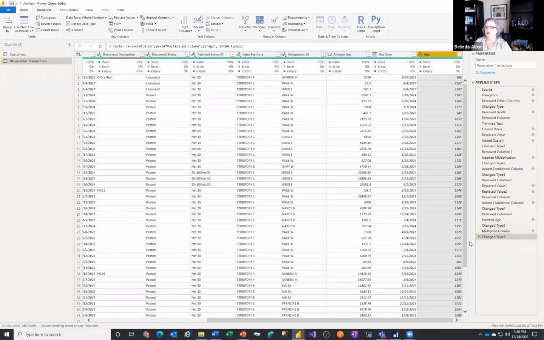That was the multiplication that did that. Or you could just clear that out. But there we go. I have the number of days until it's due. So if it's past due, it'll show up negative. Otherwise, it's going to be positive. And then the last thing that we're going to do on this particular query,